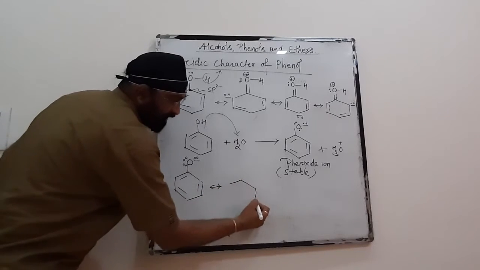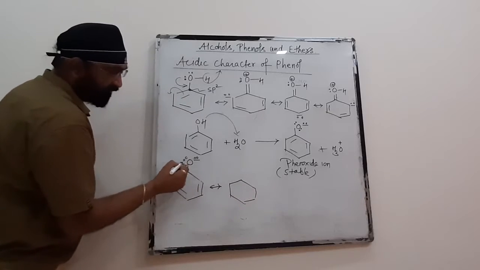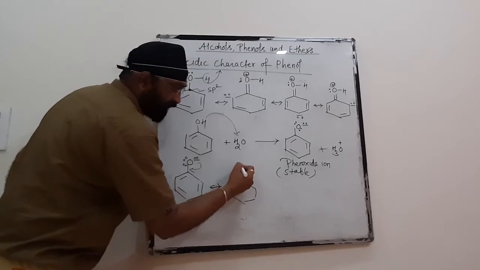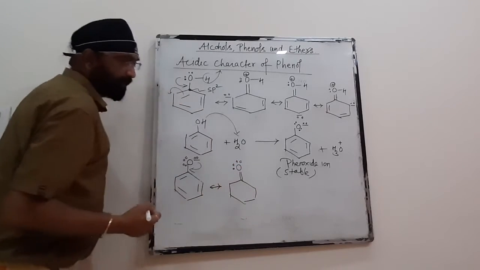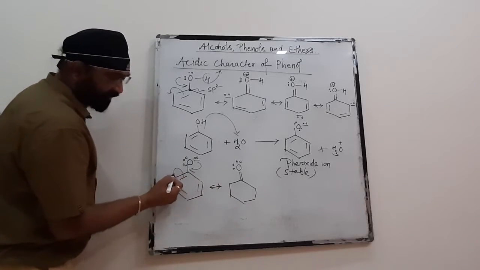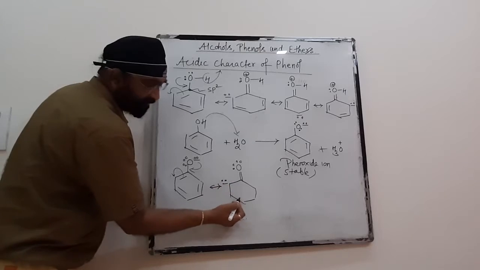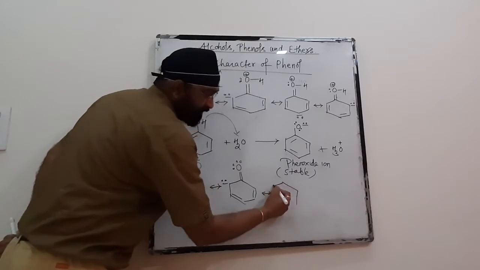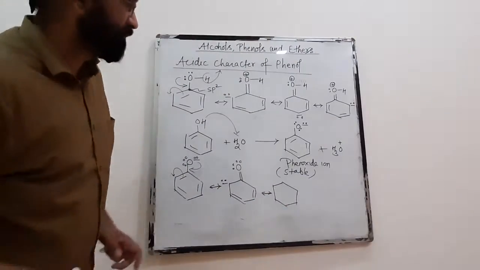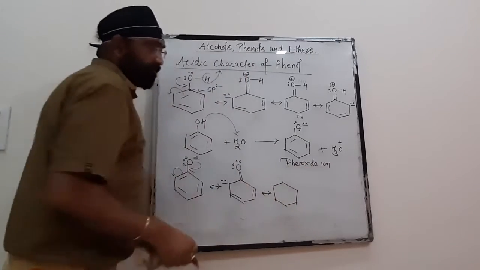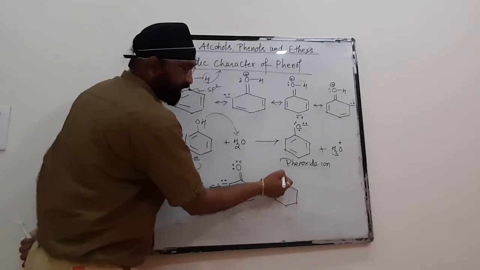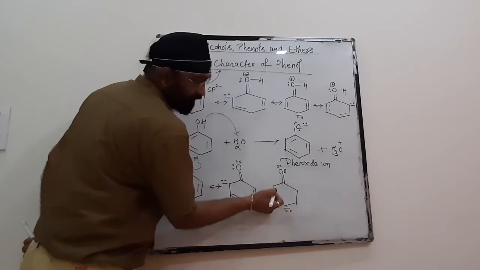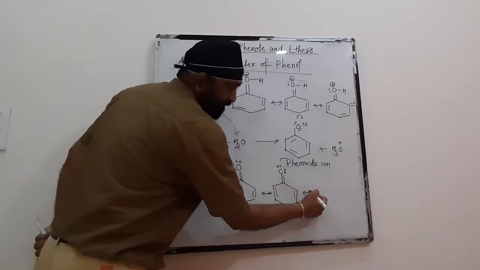Now, again, shifting of this electron pair between carbon and oxygen, so there will be a double bond, and now we have two lone pairs on oxygen, and when it shifts here, the negative charge will be on the carbon atom, and we will have these two bonds. Now, the other structure, a little bit I am rubbing this to make the structure clear to you. Again, here we will have two bonds. Now the negative charge is on this para position, and similarly